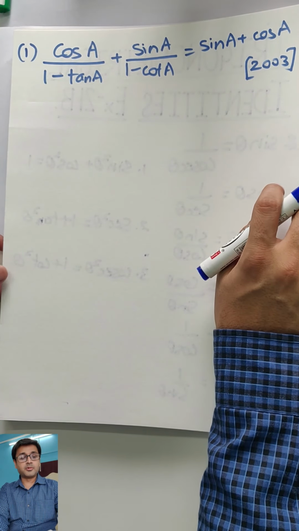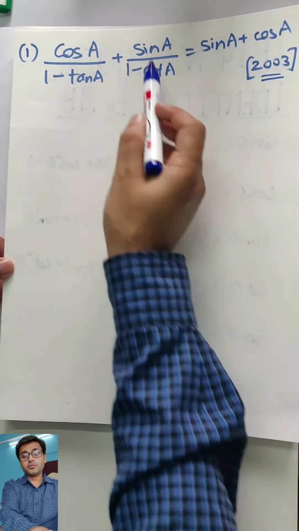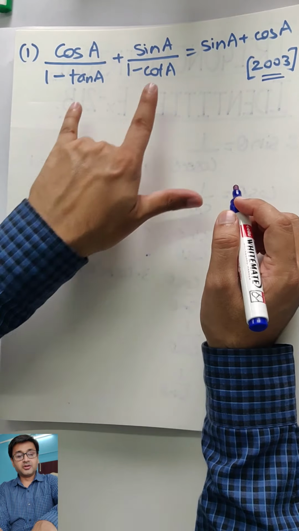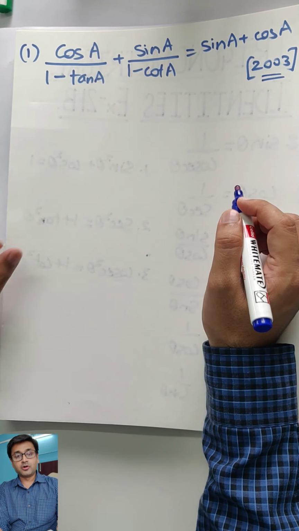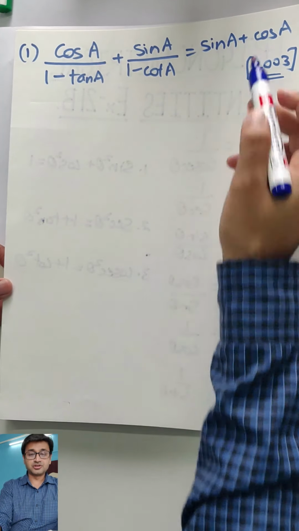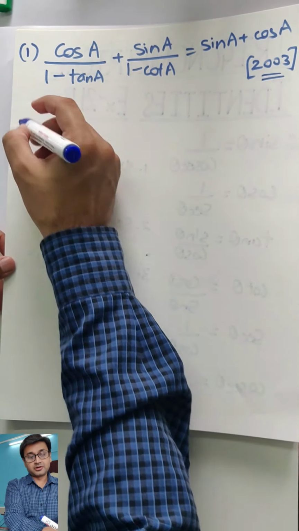So let's hit it. Sum number 1 part 1. This appeared in 2003. So you're going to begin with LHS obviously. Convert this tan and cot into sine cos, the primary ones, and then try and work out with the LCM technique to reach here. I am sure most of you all will manage to get this sum. All the best. Come on, try it.